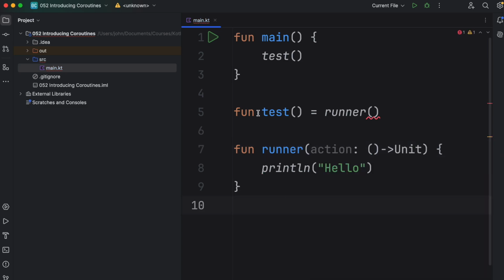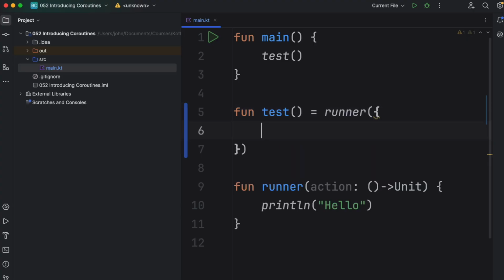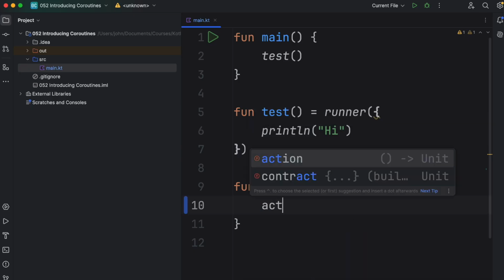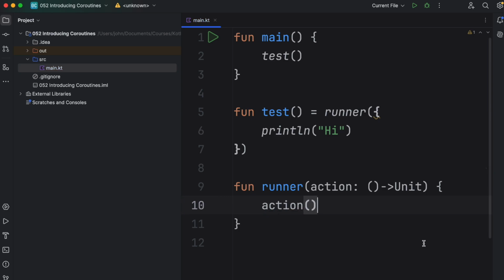So now when we do this, we have to actually pass the function that runner should accept to runner in order for this to work. And to do that, we could use a lambda expression. So I could put curly brackets here. There's a function that accepts no parameters and returns unit. And we could put some code in there like print line hi. And in fact, we could make runner run it if we want to by just doing action round brackets